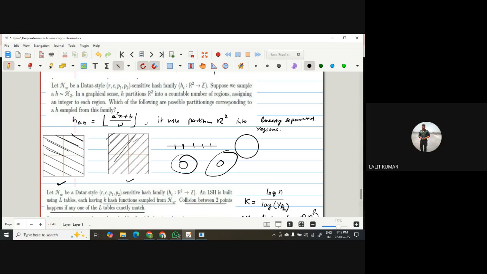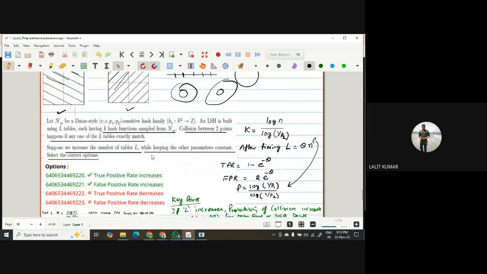Sir, is it because of the hash function, A transpose X plus B, which is linear? Is that why? No, it is not that. A transpose X plus B depends on the dimensionality of A. If you select A the same, you can get a scalar value also. But that might be true, that A transpose X plus B. Any other question in this?